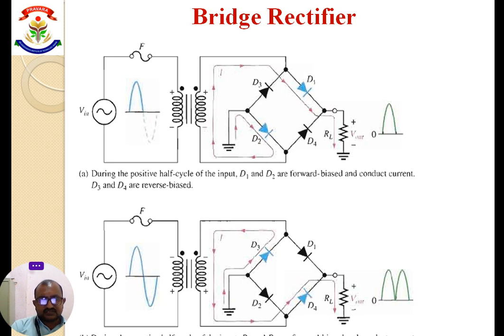In the first positive half cycle, the positive supply is given to D1. At that time D1 is in forward bias condition and the current flows through D1 to the load resistor RL, and D2, the diode in the opposite direction, is also in forward bias condition. The current path will be D1 to RL, RL to D2 and the second terminal of the transformer. This is the first positive half cycle. In the second negative half